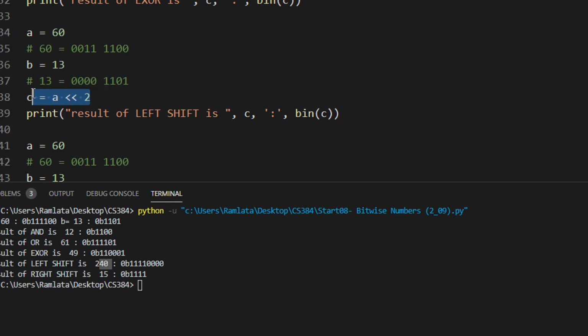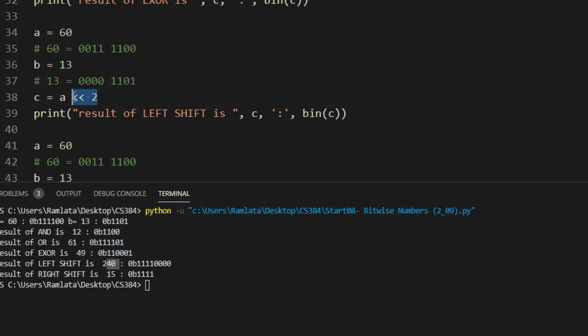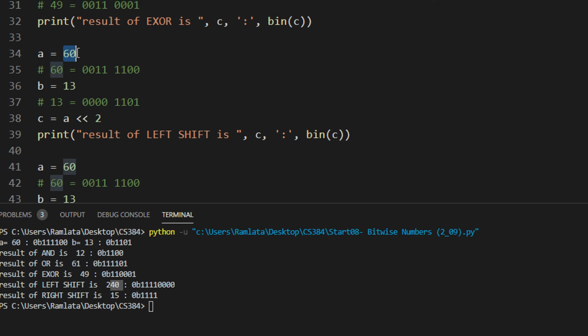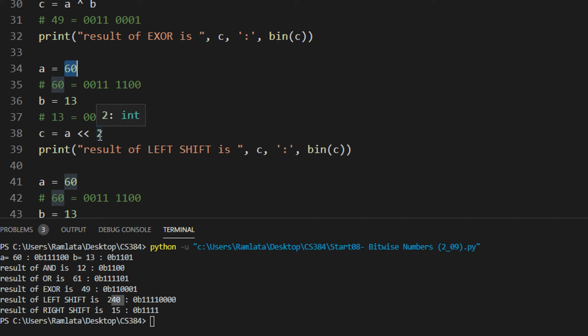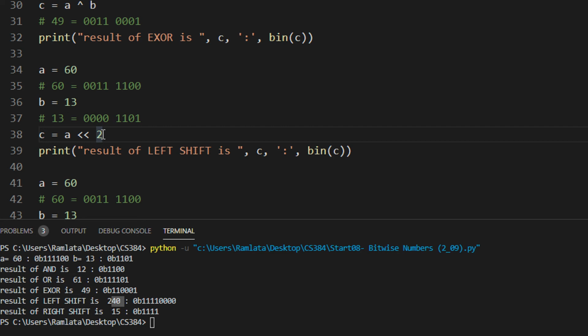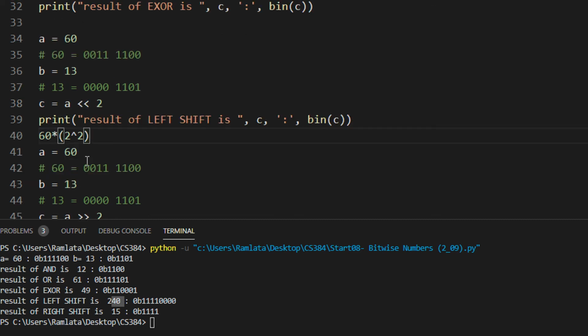In general, remember one thing, whenever you do a left shift, left shift means basically you are multiplying the original number. See what we are doing, we are having A and A was 60, right? So basically when we do a single left shift, we double the number. When we do a double left shift, we double that double number, right? So basically when I'm shifting by 2, internally it is like 60 into 2 raised to 2. Internally I will get the final answer. Similarly we have right shift.